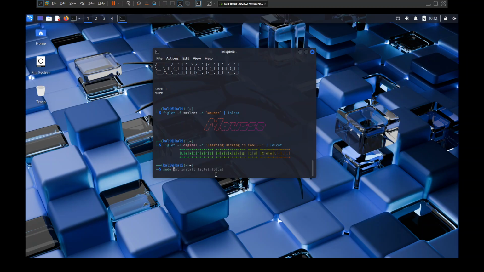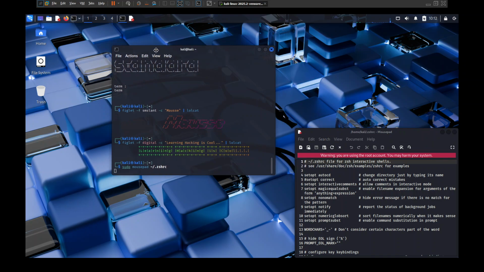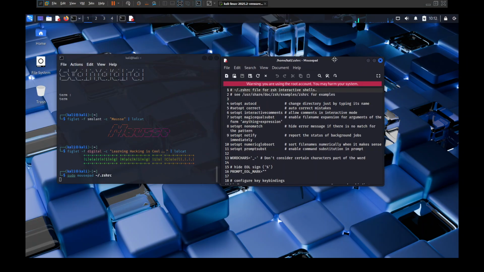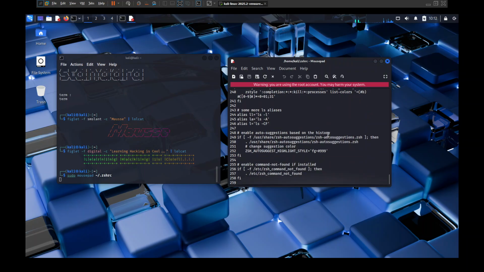I will use sudo and put mousepad, a pipe, a tail, and .zshrc. Okay, it's open. So what we will do here, we will go down